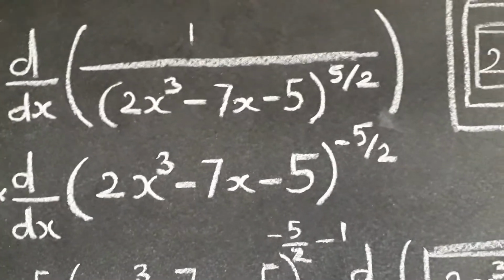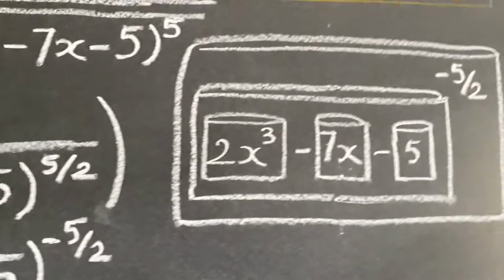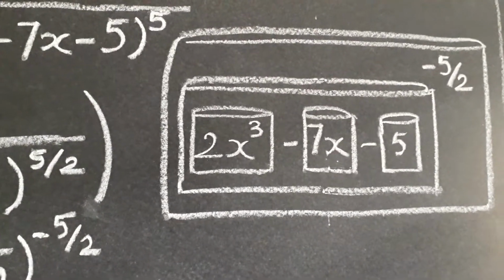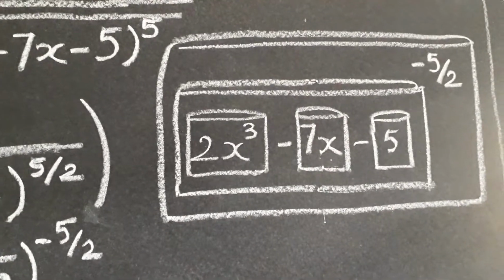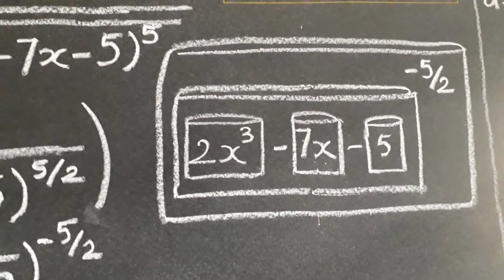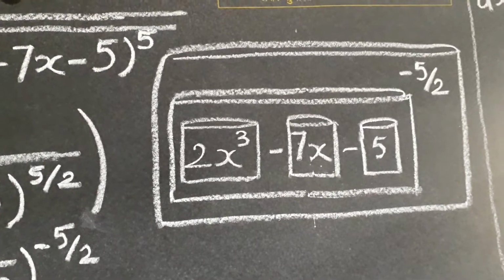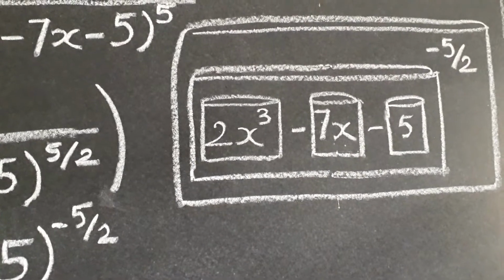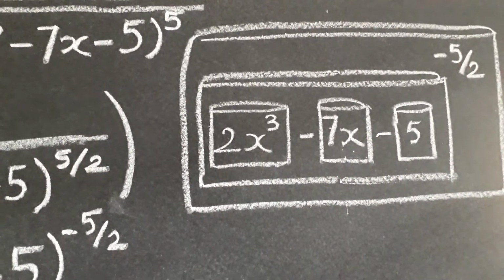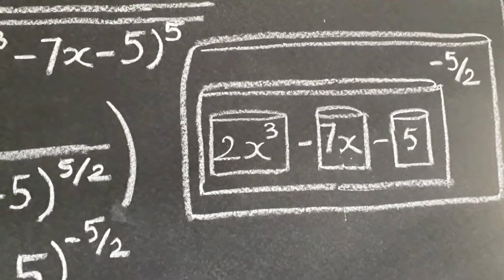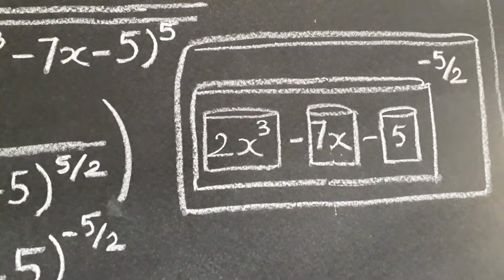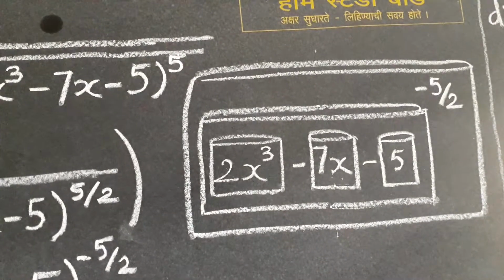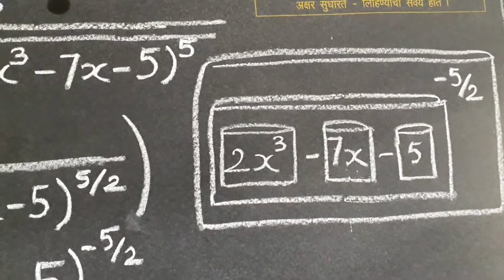We can think of it in this way: the expression which we want to differentiate looks like this. We find 2x cube, enclosed in one box, another box 7x, another box 5, and then after finding those values we subtract them, get one more inner box, and the whole thing is raised to minus 5 by 2, and hence we get ultimately the expression which we want to differentiate.